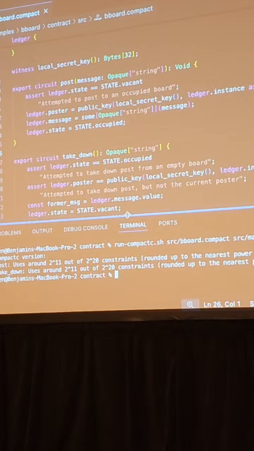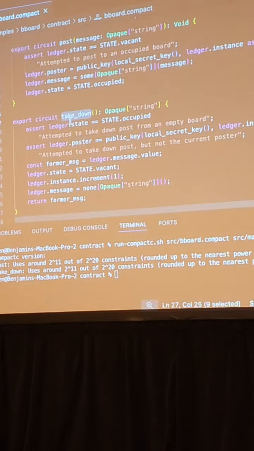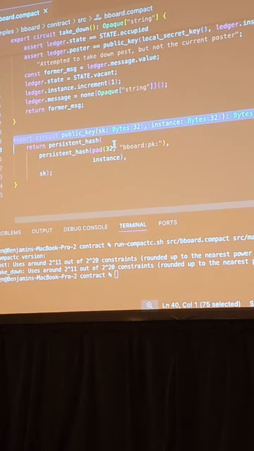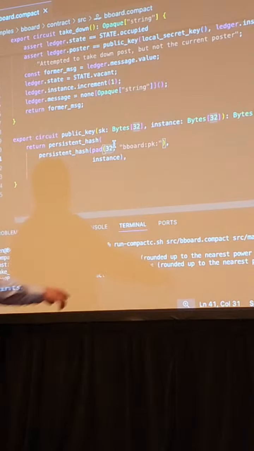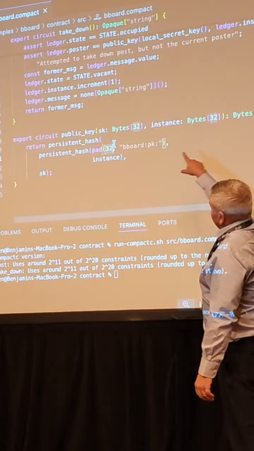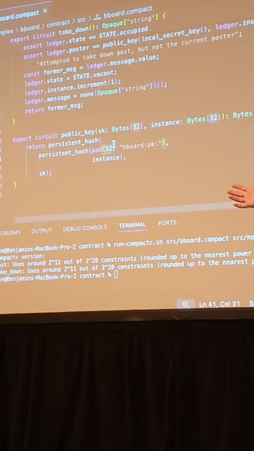And so then you might say, well, where's the third one? Because we had 3 circuits. We have the post circuit, the takedown circuit, and then we have this third one that's a public data circuit. The reason that the third one doesn't show up is the third one is a pure function. What that means is it doesn't touch private state, it doesn't touch witness data. It is pure to the context of what's being used here. So there is no inputs that are used inside of that function that come from somewhere else. It's pure. Everything that comes in, it executes and it produces the output. There's nothing else in the middle.